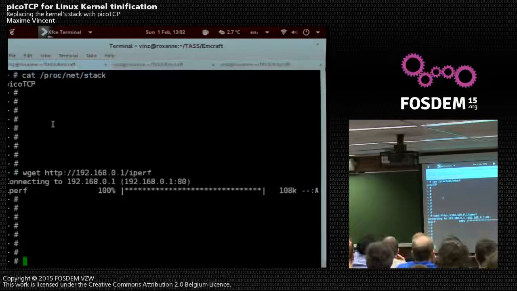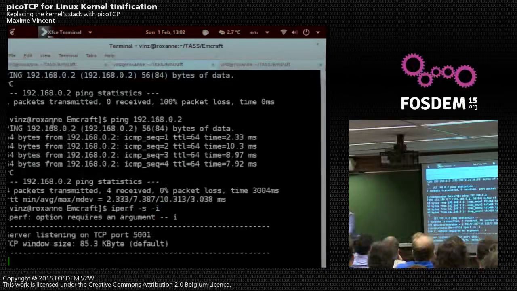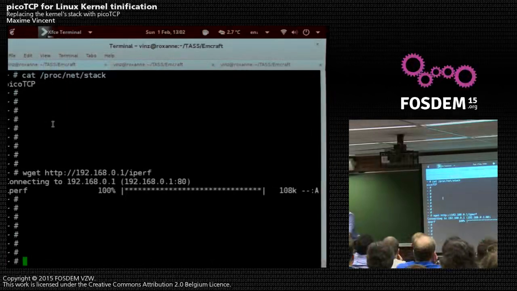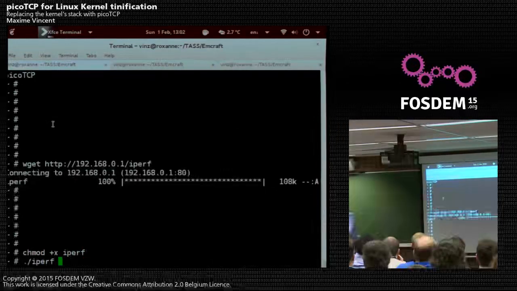This is iPerf, which you can use to monitor network performance. I'm going to start an iPerf server on my laptop here. I'm going to connect from the board.